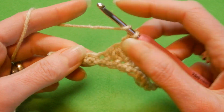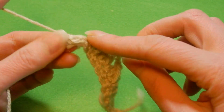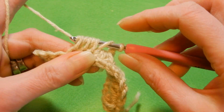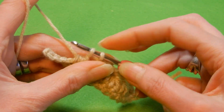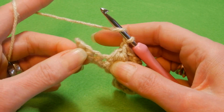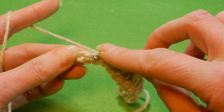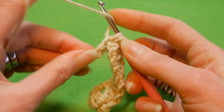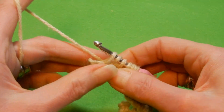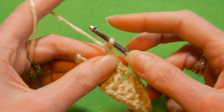So we're going to repeat. We go back to the last stitch that we worked, move to the next stitch, pull up a loop, next stitch, pull up a loop, pull the yarn through the first 6 loops, last 2, chain 1, and we're going to repeat the last stitch that we worked, the next stitch, and the next stitch, and you're going to be left with 1 stitch at the end. You're going to pull the yarn through the first 6 loops, pull the yarn through the last 2, chain 1,